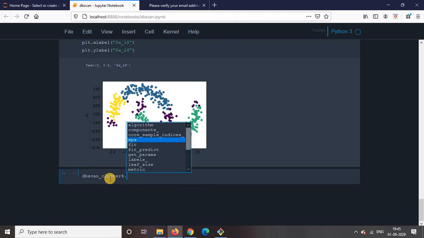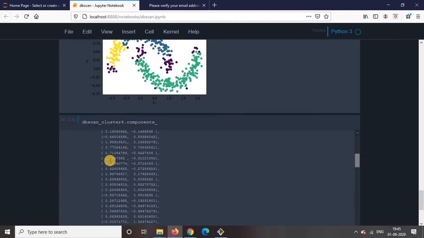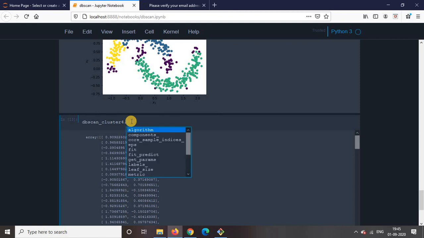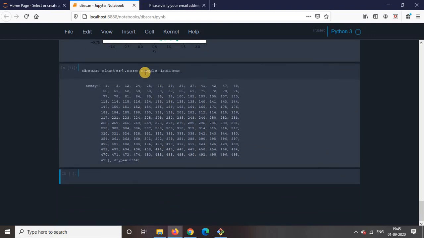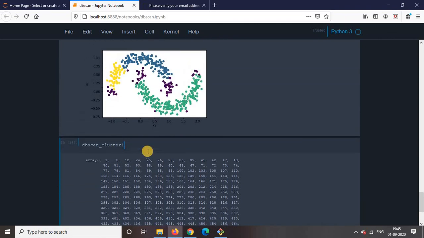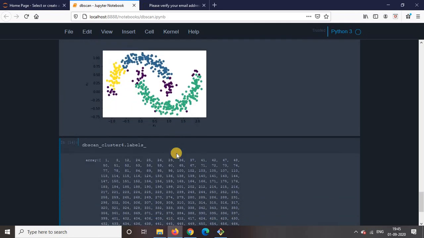First of all, components_ gives you all the core point instances. core_sample_indices_ will give you the indices of all the core samples that you have in this DBSCAN clustering, and the labels_ that I used to plot this graph are nothing but the classes.